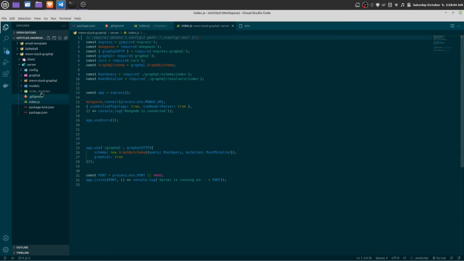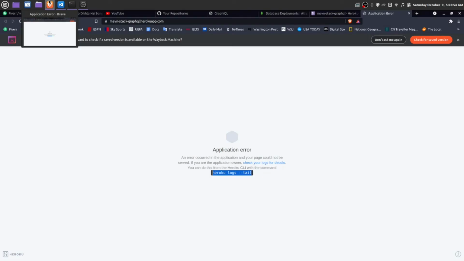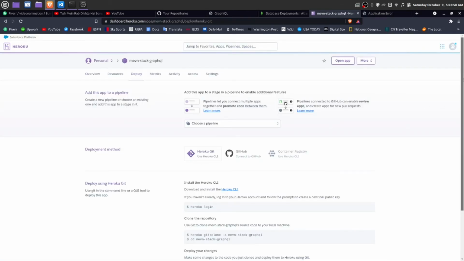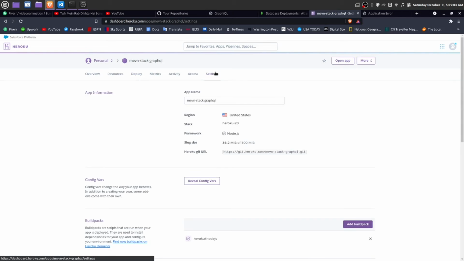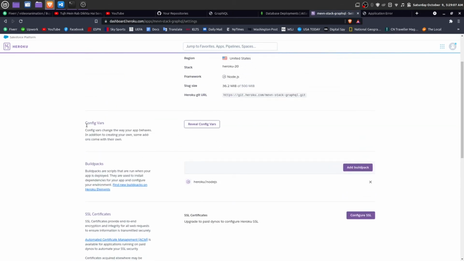To solve it, just go to the .env file we made previously. We have a URL which we got from MongoDB Atlas. From here on our application, just go to settings. In settings, you see there is an option for config vars.